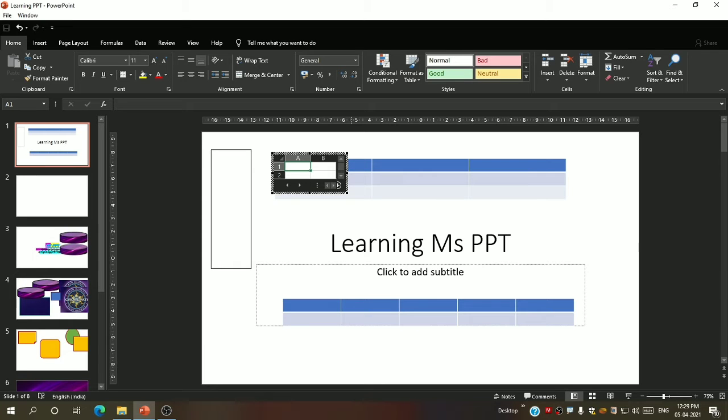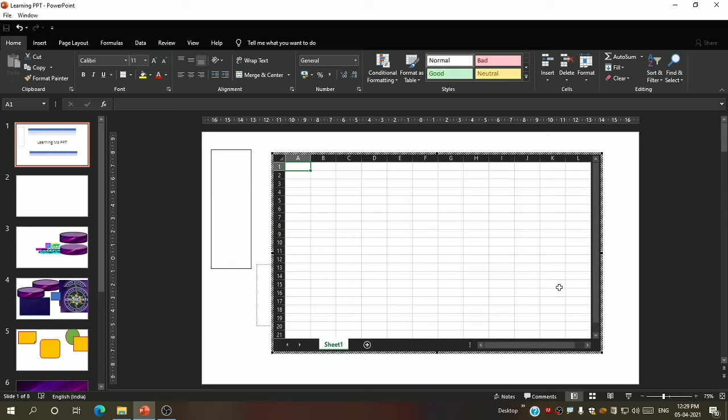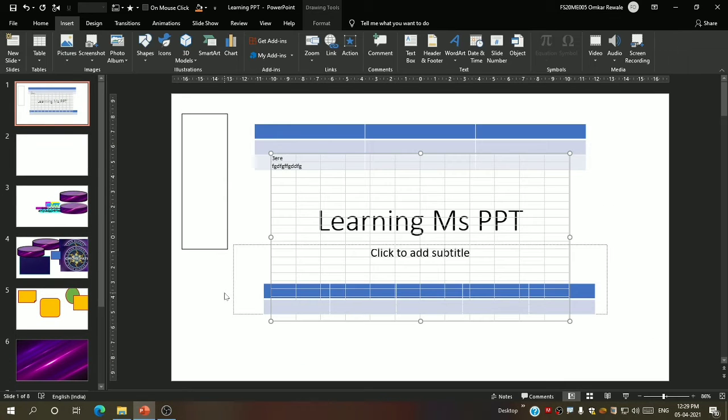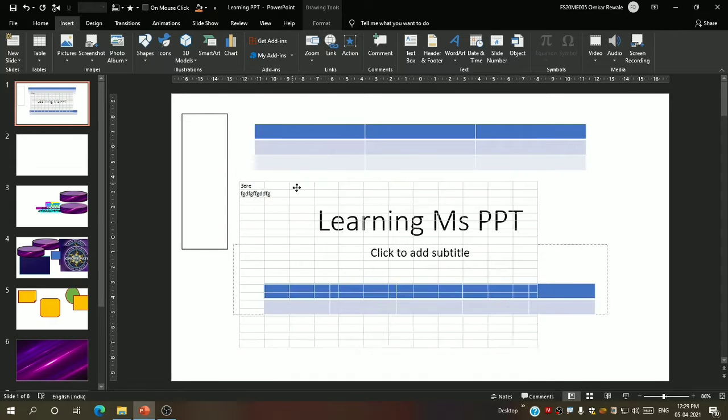You can now make it bigger, and if you know how to use this Excel sheet, you know how to control or use this software Excel, then you can create your sheet and then click outside of the box, and you can see it has been created.